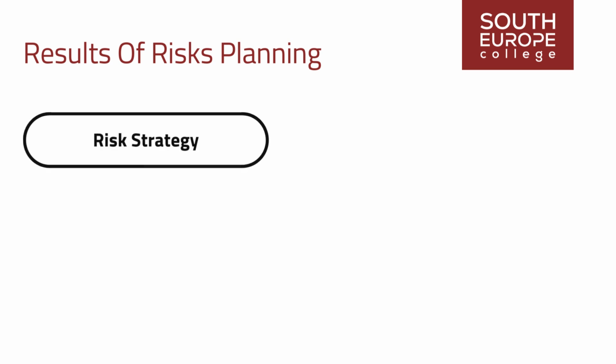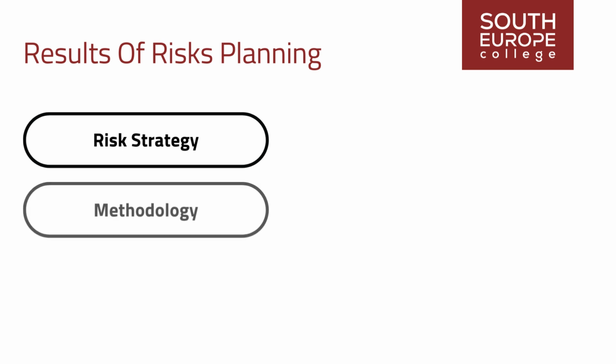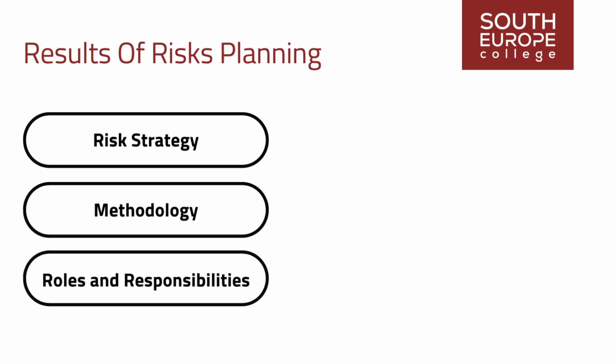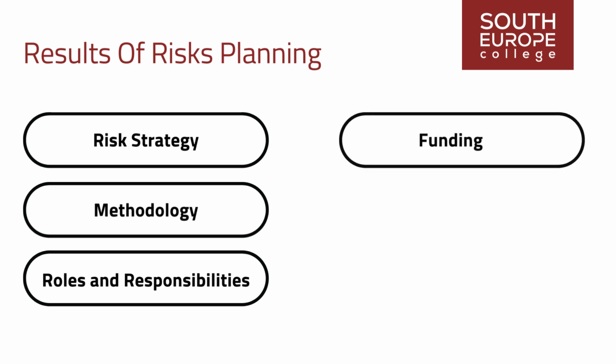Risk strategy outlines the general approach to managing risk for the specific project, providing a strategic foundation. Methodology defines specific approaches, tools, and data sources employed for executing risk management throughout the project. Roles and responsibilities. Clearly define lead, support, and risk management team members for each activity, clarifying their distinct responsibilities. Funding. Identifies necessary funds for project risk management activities, establishing protocols for applying contingency and management reserves.